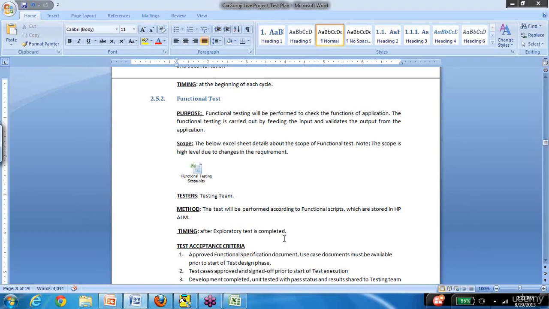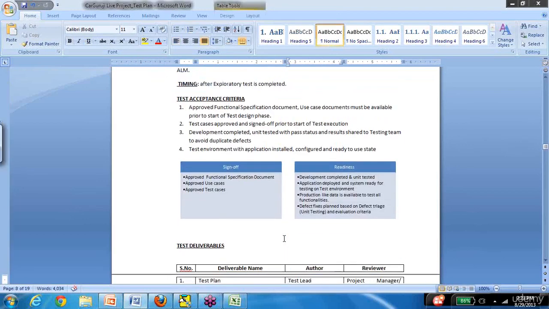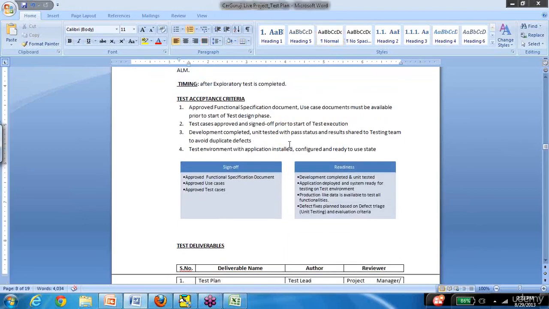Now, the test acceptance criteria, that means when are you going to start testing? So the first thing is the FSD use case document must be available before you even start designing the test. That means before you even begin documenting your test cases, you need to have an approved FSD and a use case document.